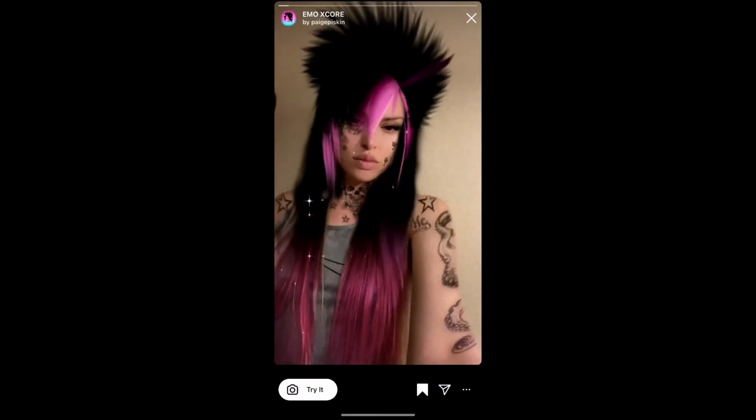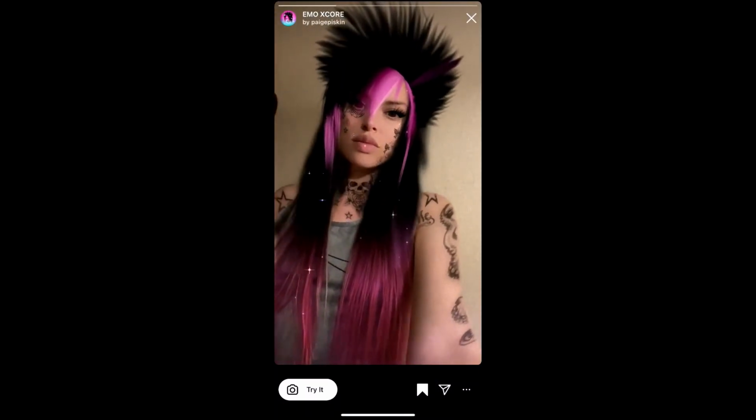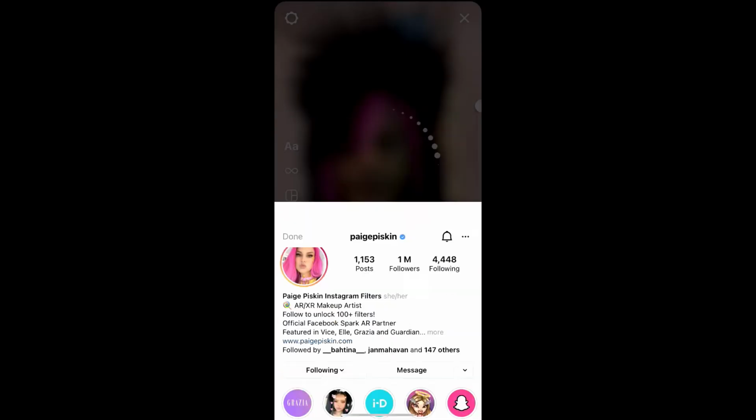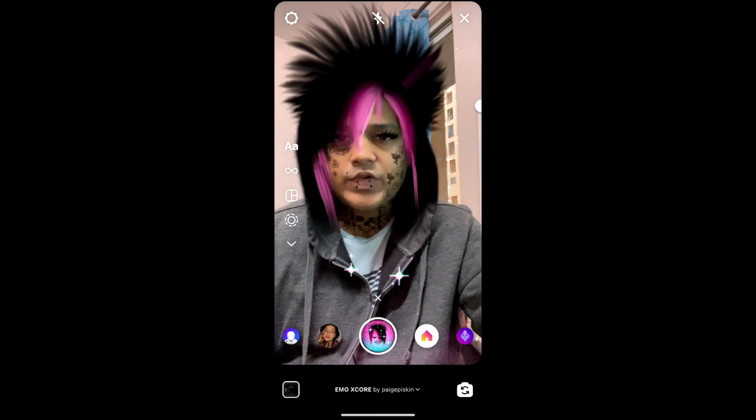Tap on it. You will see this preview. From here you can save it to your Instagram camera tray and you can tap on try to try the filter. Okay, and suppose you are not getting the effect like this, then what you can do,